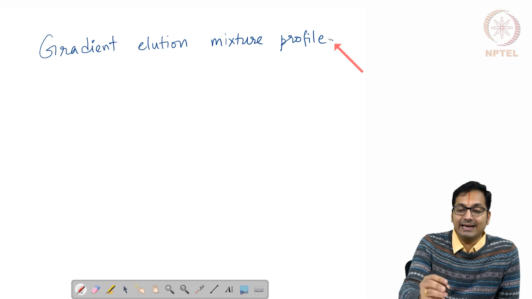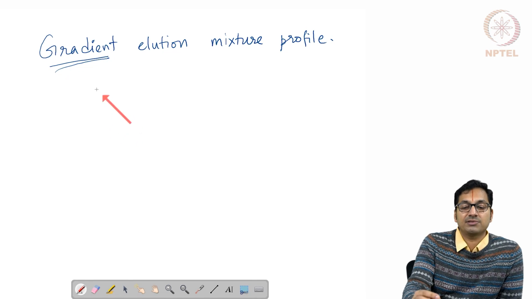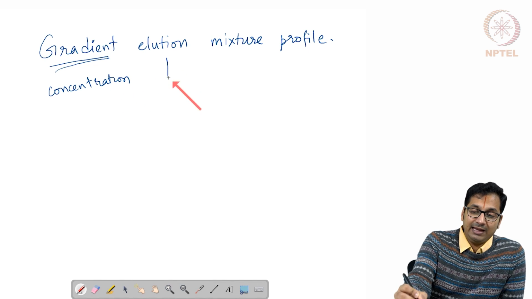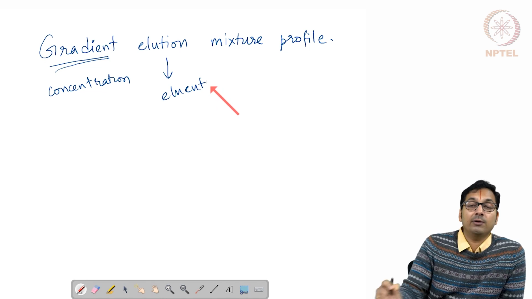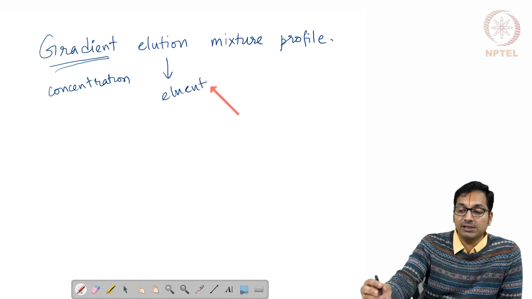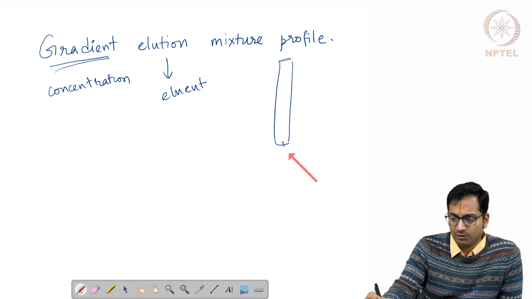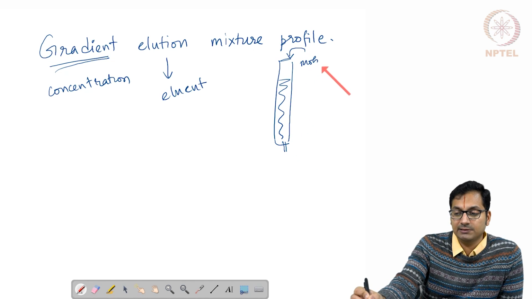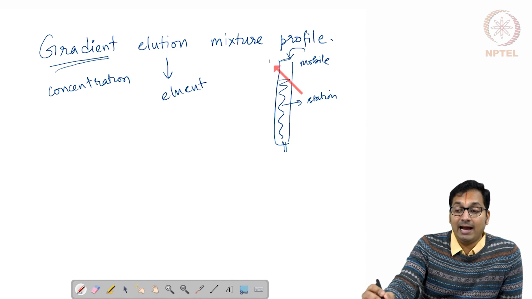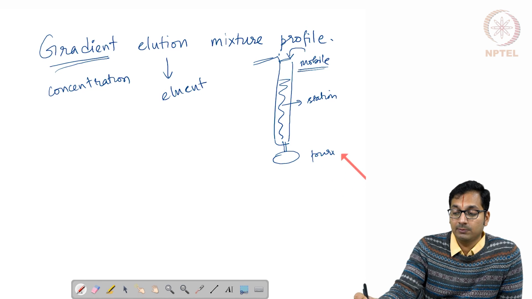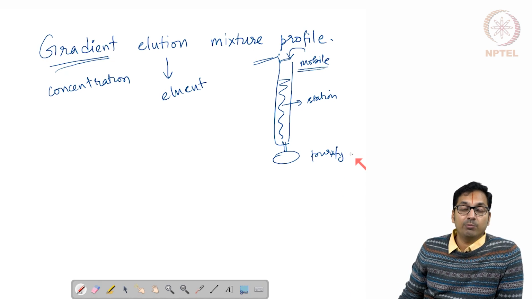What do I mean by this? What is gradient? Gradient means as a function of time something changes. In this case, concentration of the eluent. You will see in the subsequent lectures in this series what is chromatography. In that you will be using a column, and the column will help you purify something. It will be made of column material. You will be adding a mobile phase, the solid materials, the stationary phase, and then you will be adding your analyte into this and let the mobile phase help you purify the chemicals that you have prepared.